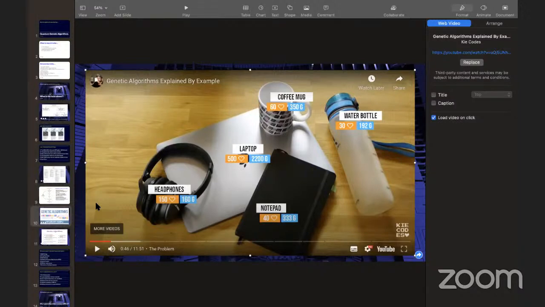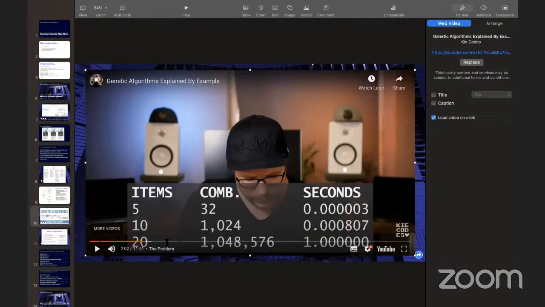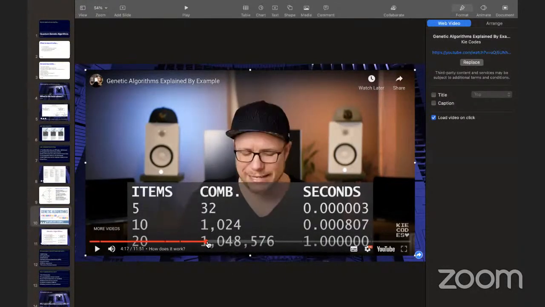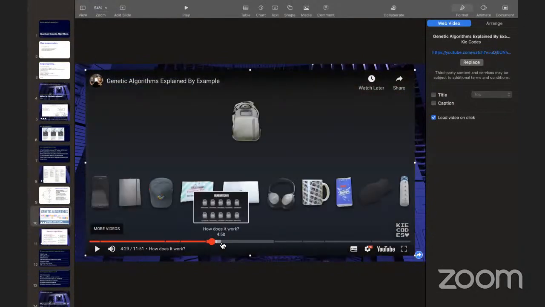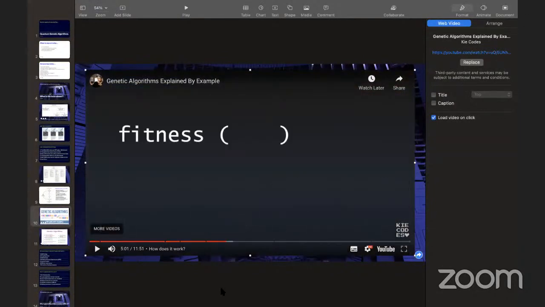So the idea is we have a backpack, and in this backpack we can fit only a very small number of items. So we're talking about headphones, a notepad, a laptop, a coffee mug, a water bottle, etc. Then what he does is he assigns a price in terms of how long it takes to pack your bag for every different item. After doing it, he assigns a code to every single item.